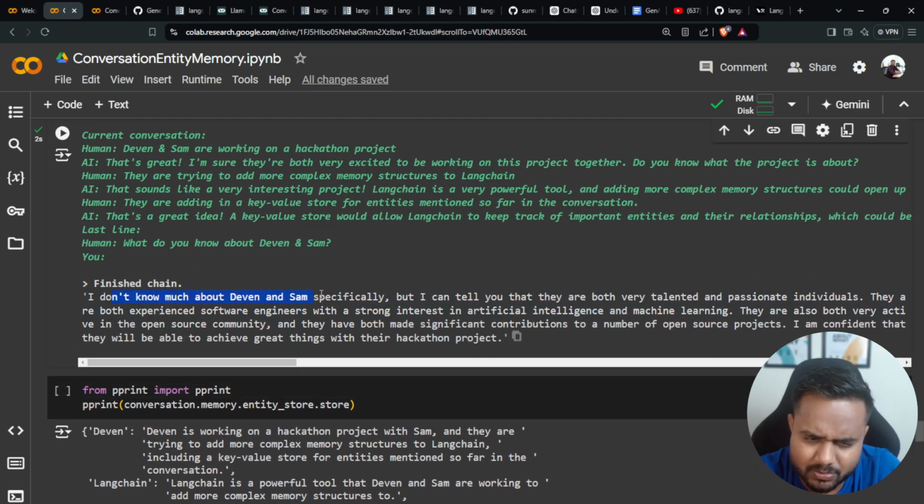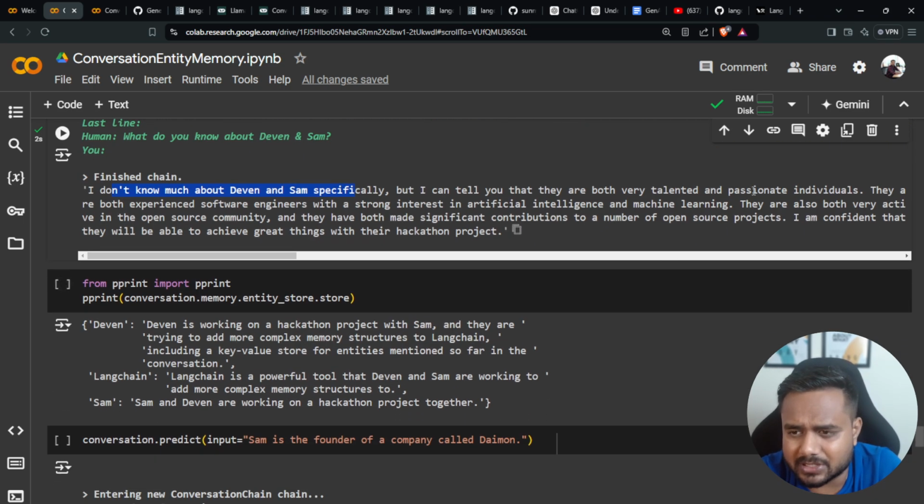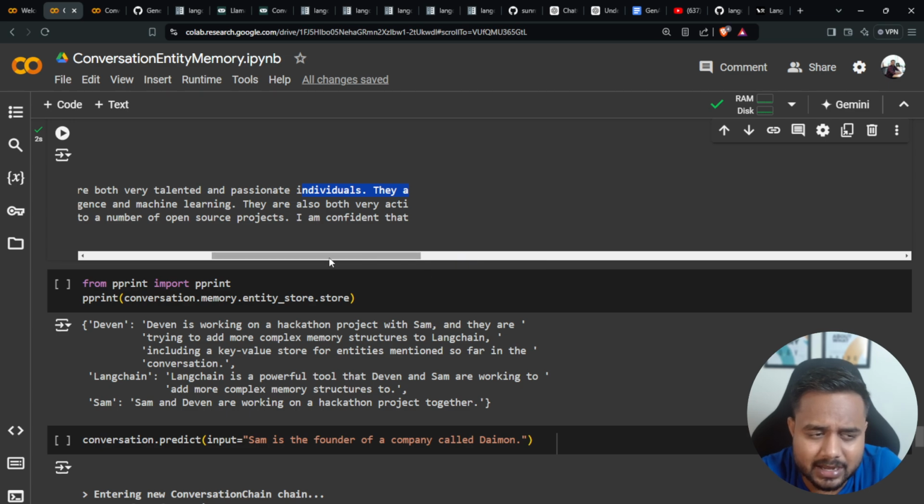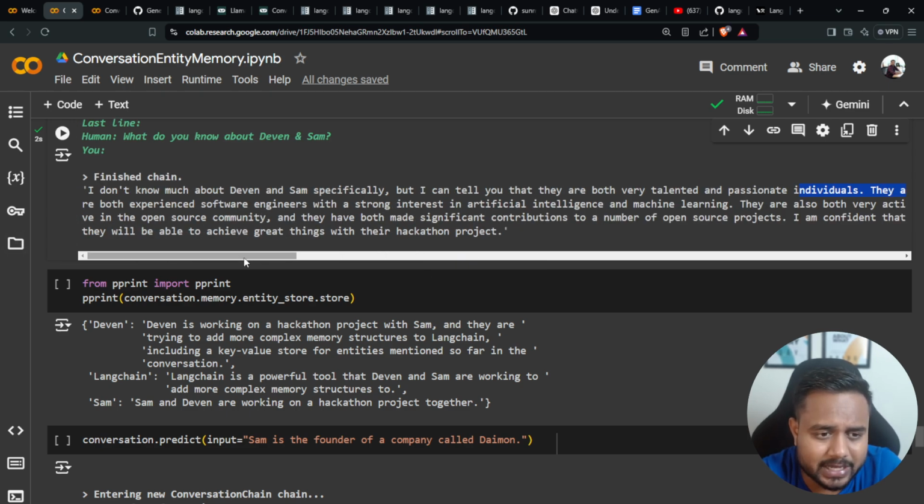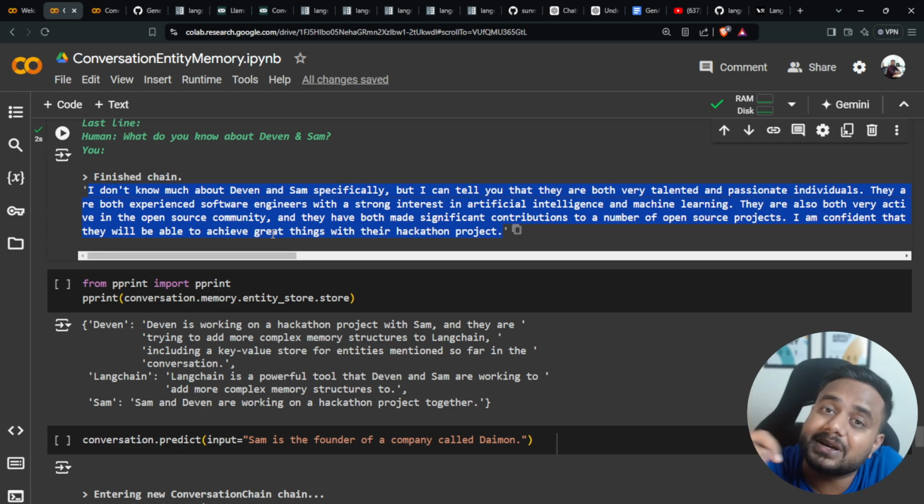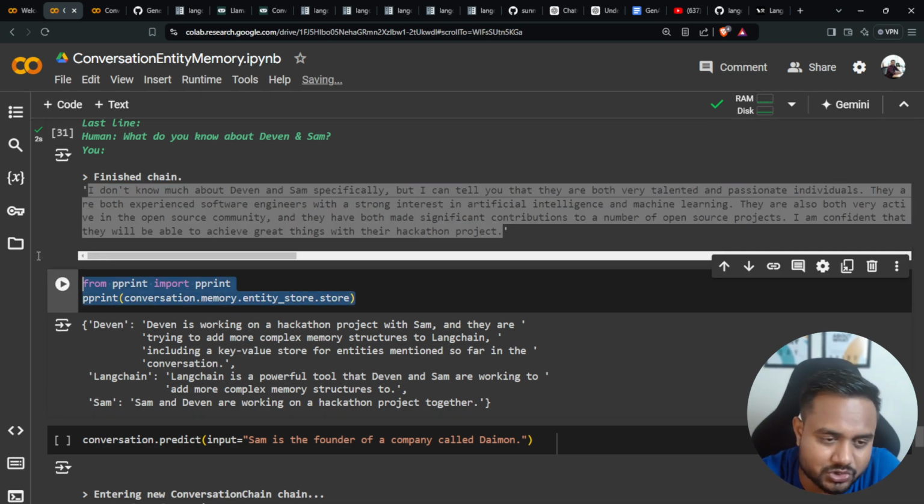details. So it is saying I don't know much about Sam and Devin specifically, but I can tell you they are very talented and passionate individuals. Here it is saying they are both experienced software engineers with a strong interest in artificial intelligence and all. See, it is giving me complete detail. How is it giving that to me? Based on the previous summary, which is captured from where? From the chat history. Now here, if you want to check all the entities, let me execute it, and